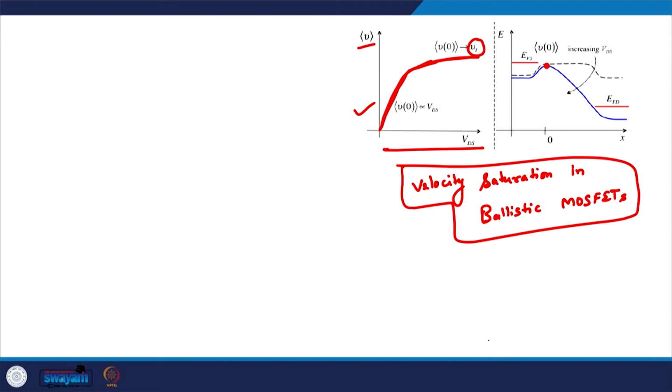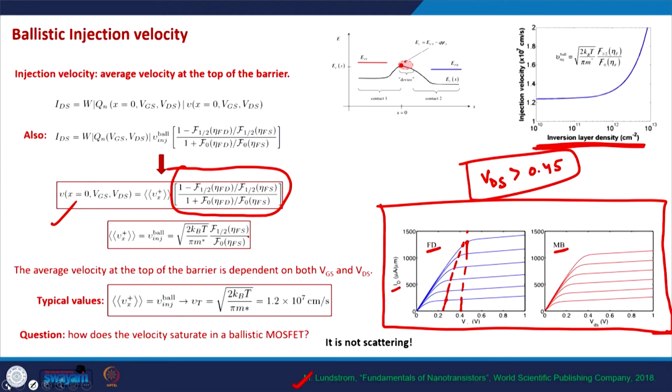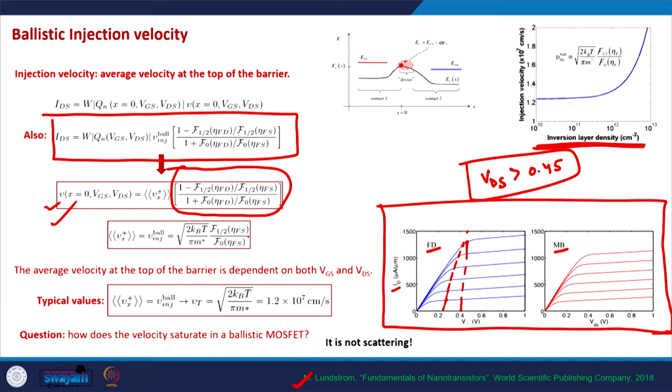This is the energy picture of the device. When the drain voltage VDS is 0, this is how the barrier looks, and when we apply a certain VDS, this is how the bottom of the conduction band looks when we are applying a drain voltage to the system. So this particular expression gives us the velocity at x equal to 0 for a given VGS and VDS, if we assume the Maxwell-Boltzmann statistics,